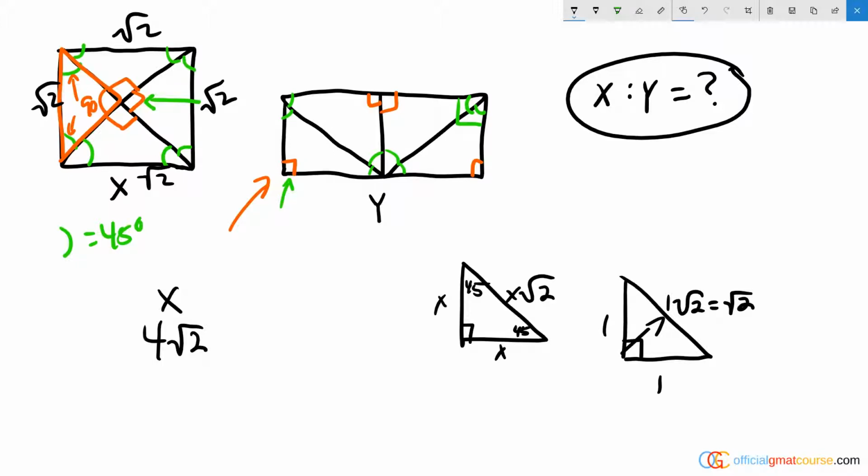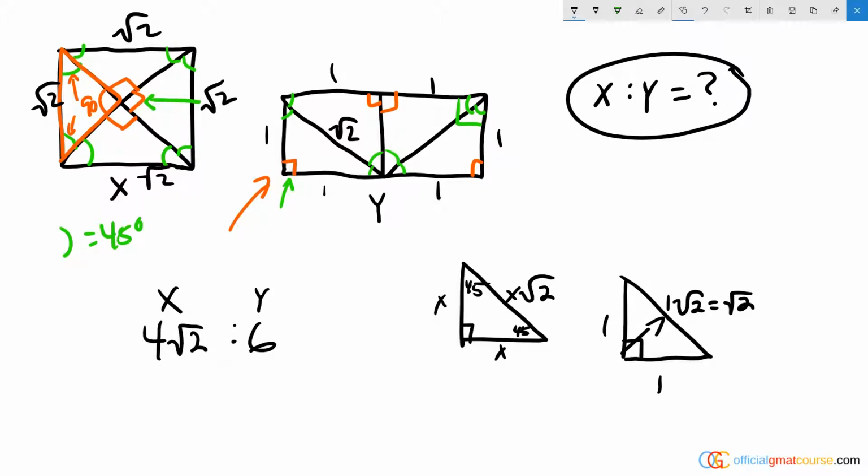Now the perimeter of y would be 1, 1. We have the root 2's here. So we have 1, 1, 1, 1, 1, 1. And if we add those up, that adds up to 6. So y is 6. Now looking at our answer choices, we don't have anything that looks like this exactly, but